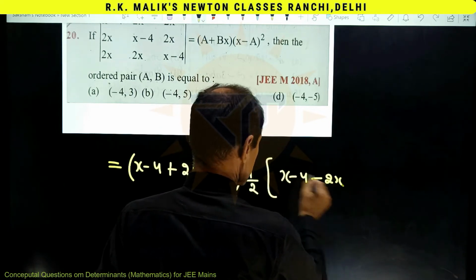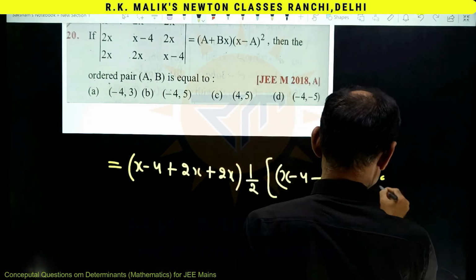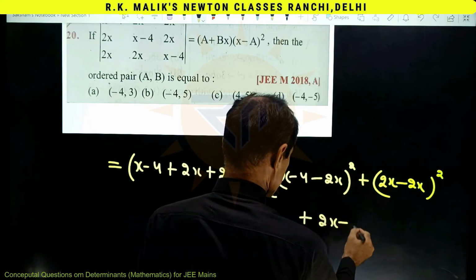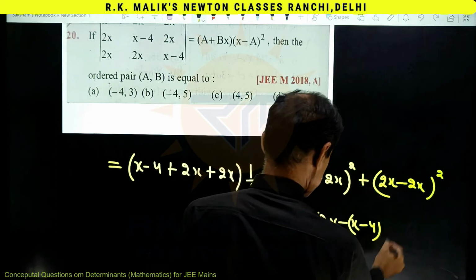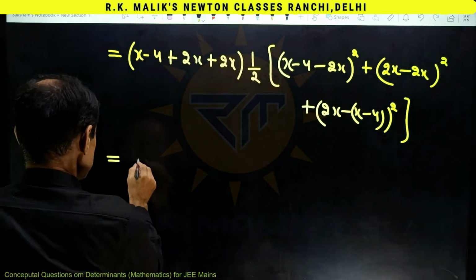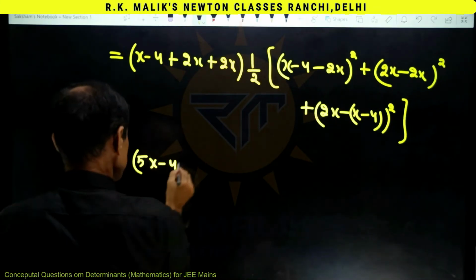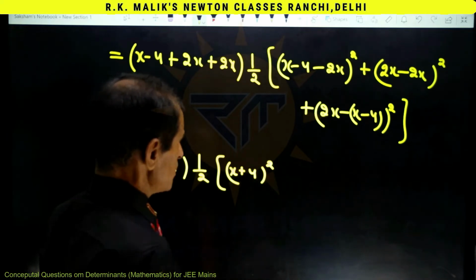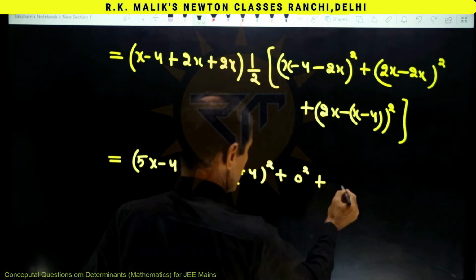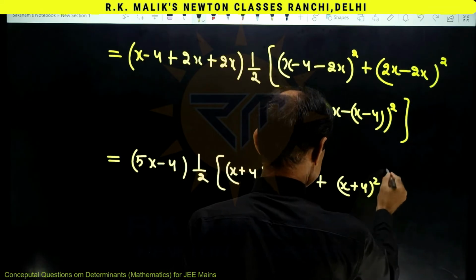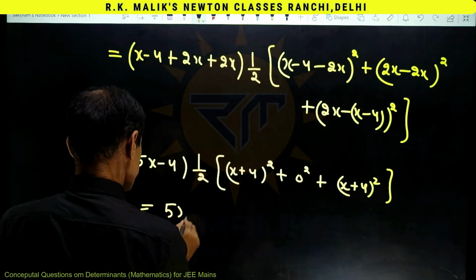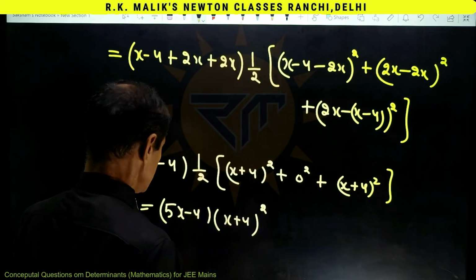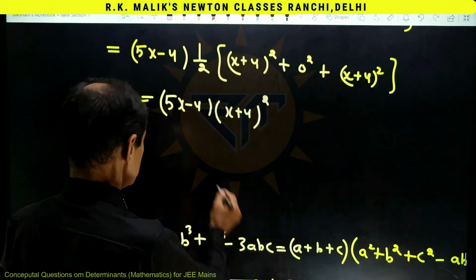x minus 4 minus 2x whole square plus 2x minus 2x whole square plus 2x minus x minus 4 whole square. This is equal to 5x minus 4 into half of, it is x plus 4 whole square plus 0 square plus again x plus 4 whole square. That is 5x minus 4 into x plus 4 whole square,